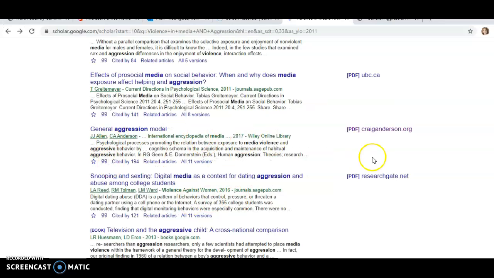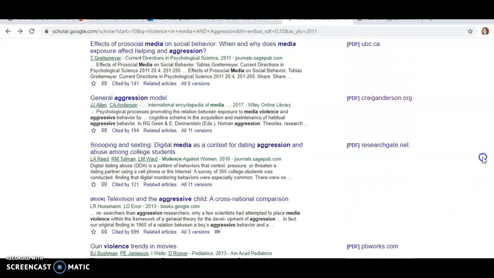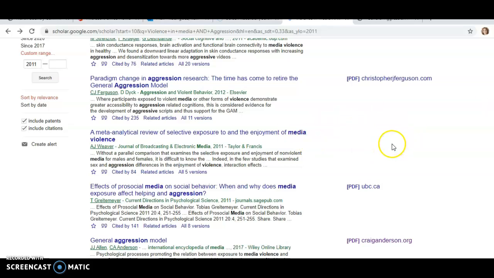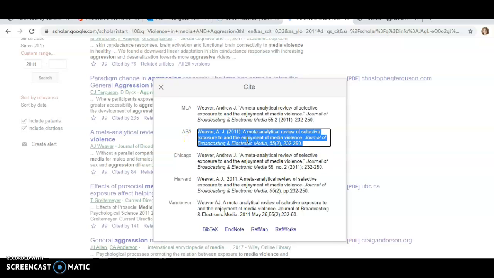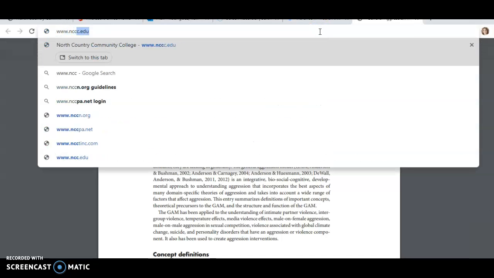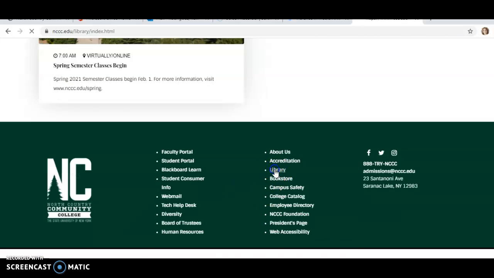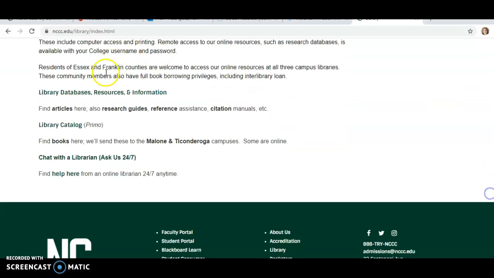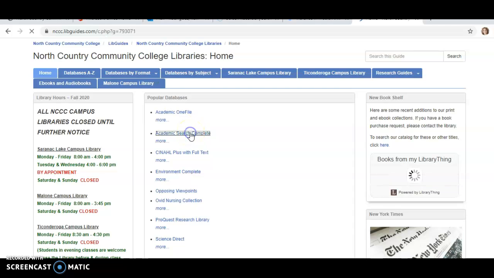A quick last thing that I'm going to bring up is, say you find an article and you're like, man, this looks really good, but I don't have a link to be able to get the whole article. What you can do is, click that little guy again, and you end up finding out the information about the article. And here's the journal. It's in Broadcasting and Electric Media. You can go to our website, www.ncc.edu. Go on down here to the library, and you can, let's see, the databases, you can click in there